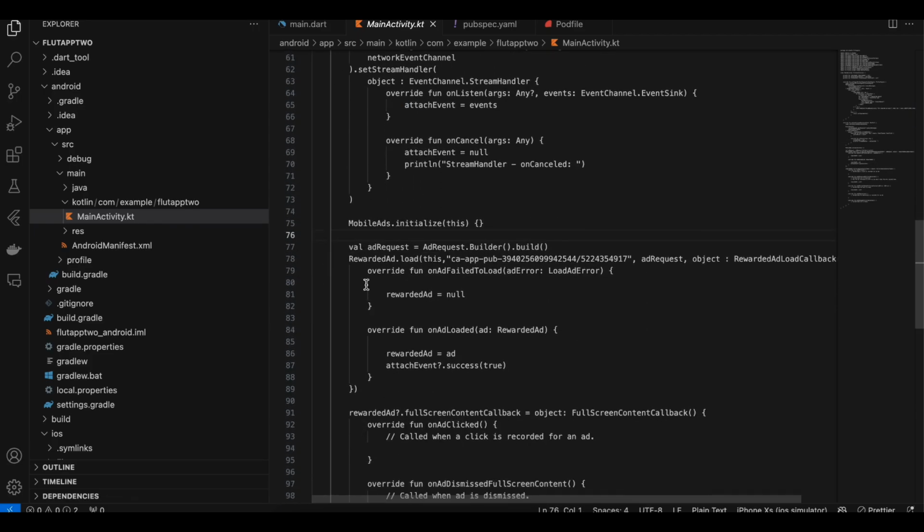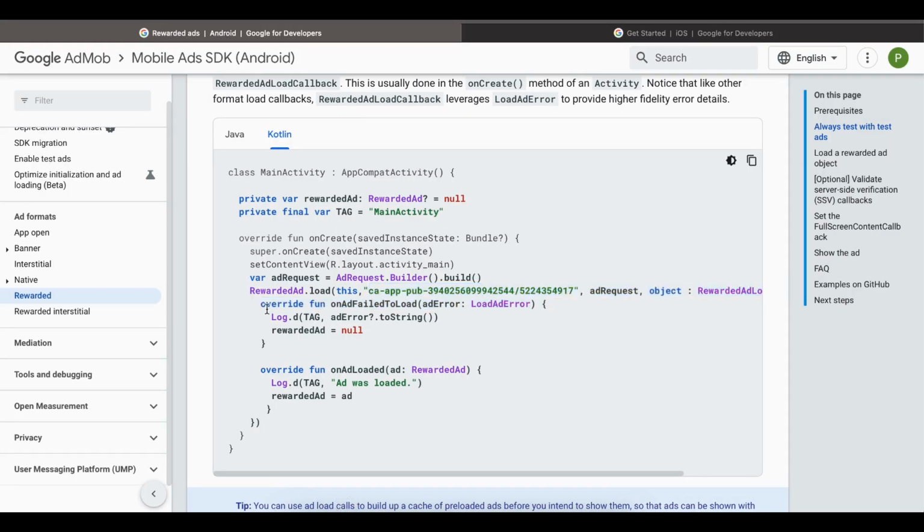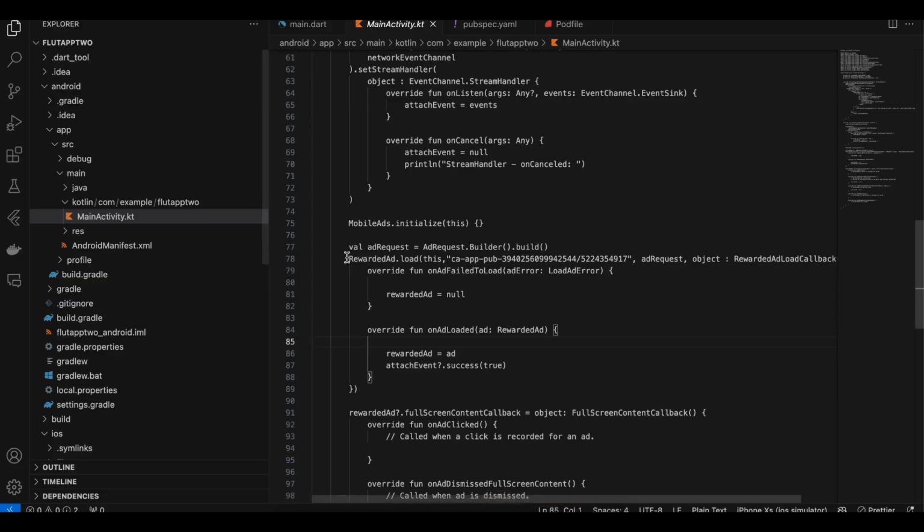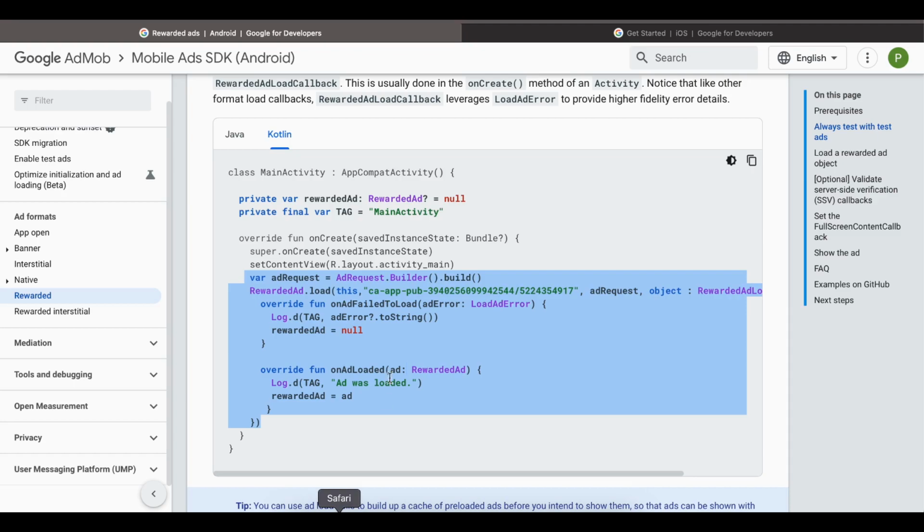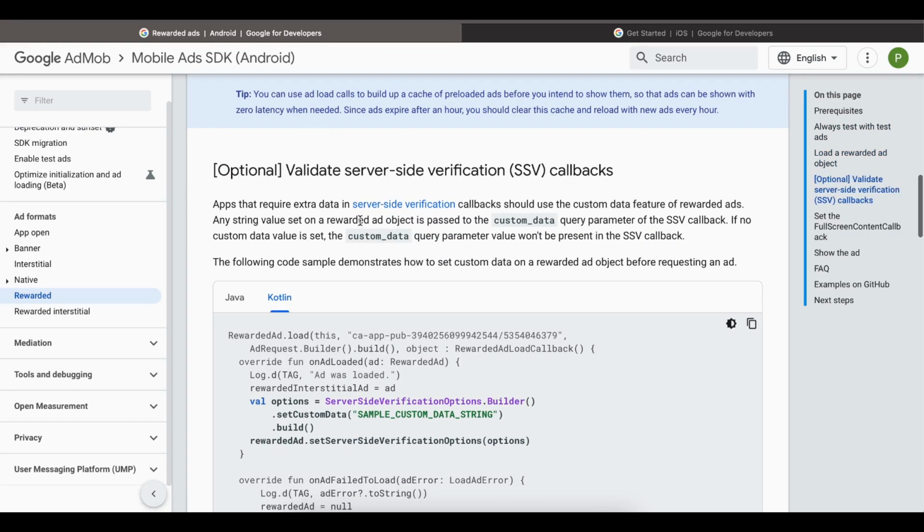Yeah, and here is the code which I have just shown you. So if you see this entire bit of code, I've copy pasted it over here, and once the ad has been loaded, I'm giving a callback to our Flutter code. Okay, next, there is something called server side verification, which is optional, and I couldn't